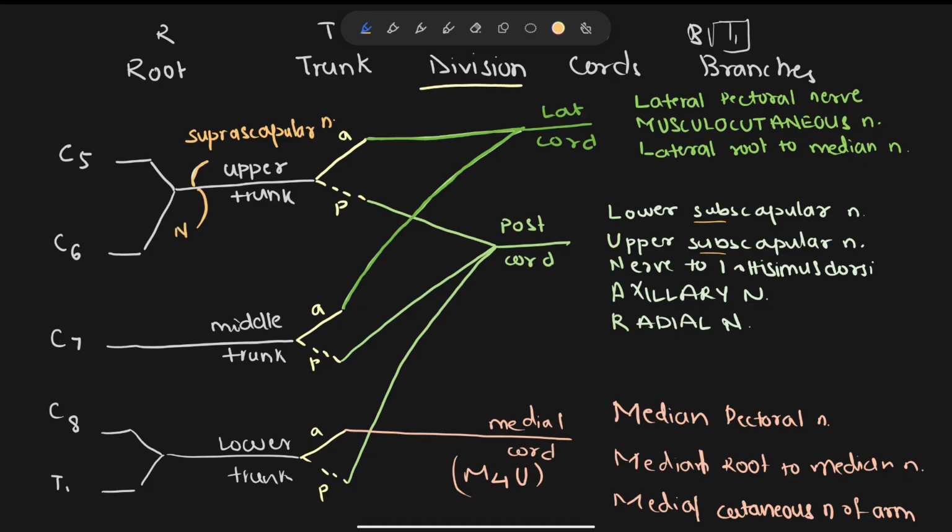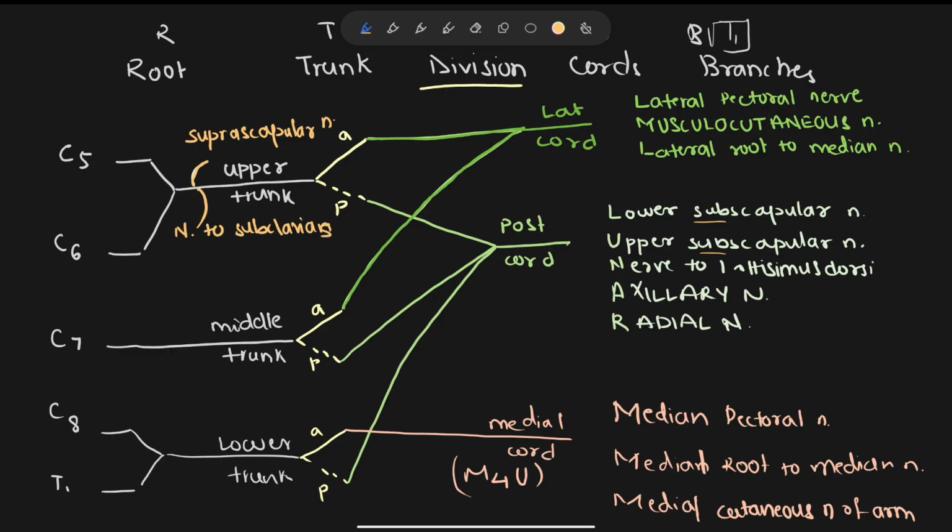And the next is the nerve to subclavius muscle. Subclavius, okay, you can say subclavian muscle. This is our clavicle. The muscle located below the clavicle is the subclavian muscle or subclavius muscle. Okay. Now next,